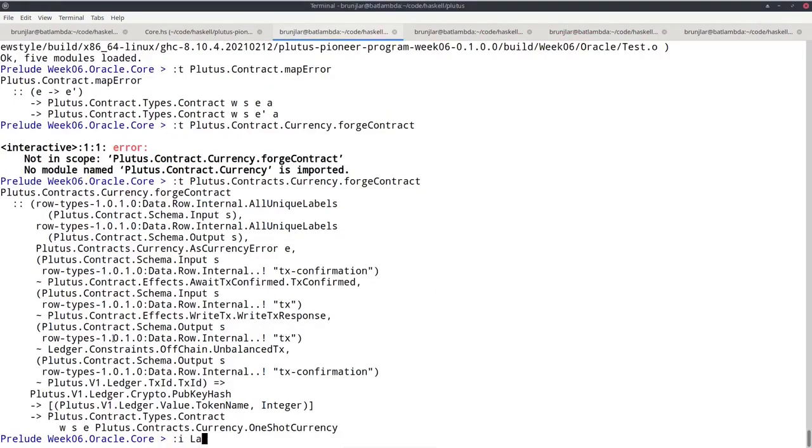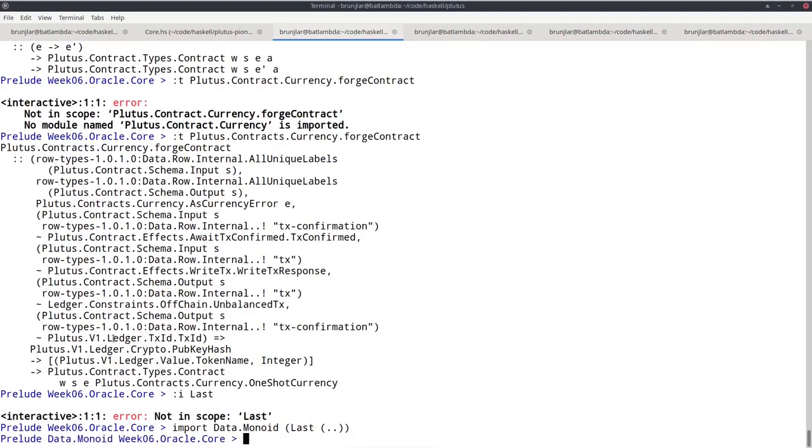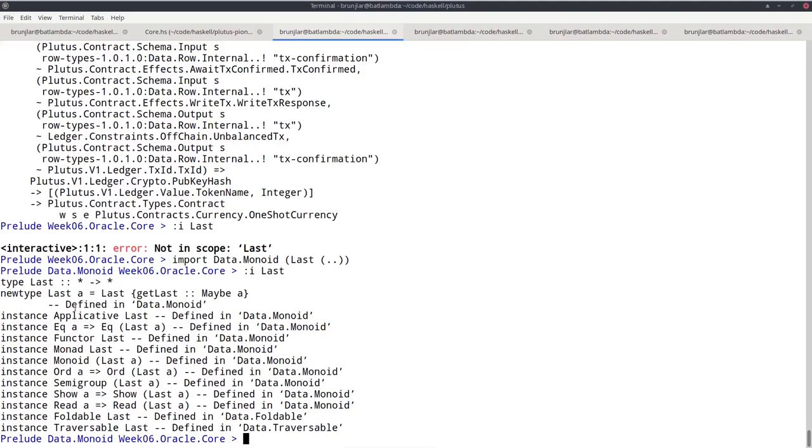So I must import that from Data.Monoid. If we look for information, it's just a newtype wrapper around Maybe. And the point of it is to change or provide a specific monoid instance. And the idea is, as the name suggests, it's the monoid operation that always remembers the last value.